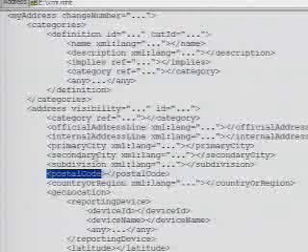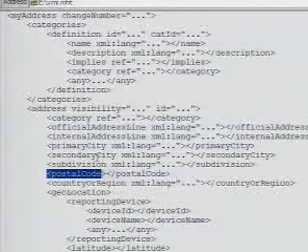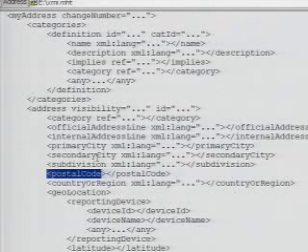Part of the query that you would feed to this thing is you'd say, hey, I'm interested in postal code, and you have to be prepared for multiple results to come back and be able to deal with that. So in this schema, this is actually a reduced schema, so you don't see things like these attributes called minOccurs and maxOccurs, which say there can be at least one of these things, or there might be multiple of these things, or you can say a maxOccurs of unbounded, which would mean that we could have unbounded amounts of postal codes in there.